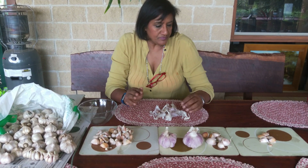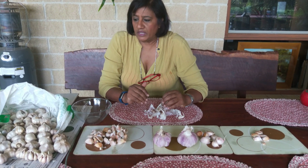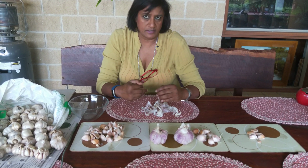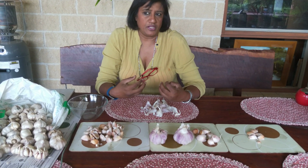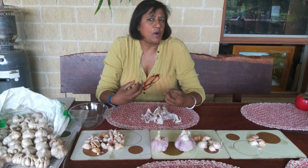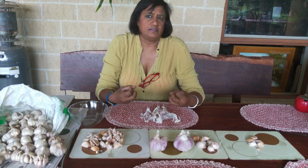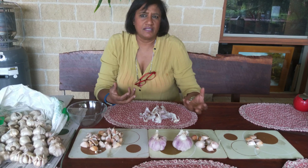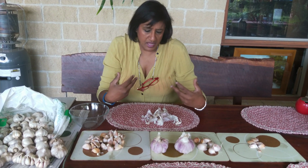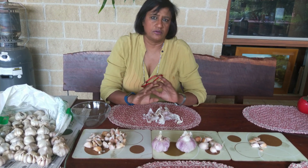And from here, I think I have discussed everything garlic likes. It obviously likes a lot of sunshine. It also likes a lot of organic matter. Make sure that your garden is full of organic stuff, composted stuff, a lot of leaf matter. And it really likes that rich soil. It doesn't really need to be fed with any sort of fertilizer. I have never ever fed my garlic with any form of fertilizer,